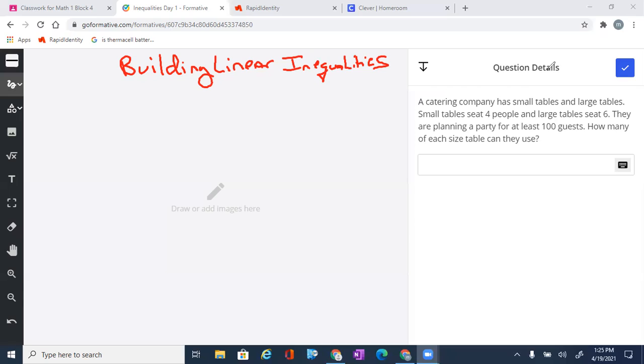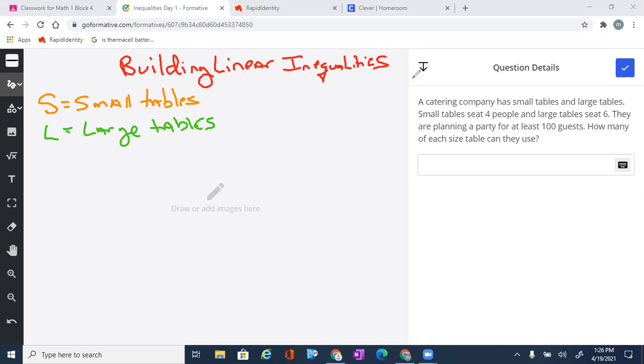So the first thing that we know is, let's say S is for the small tables. Okay, and then we're going to have L. Let's go ahead and use L for the large tables. And this goes back to building